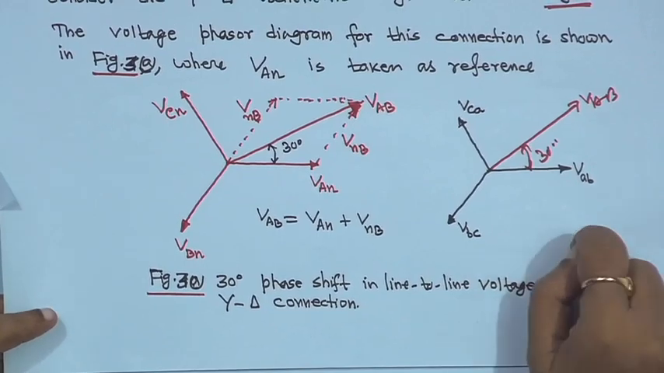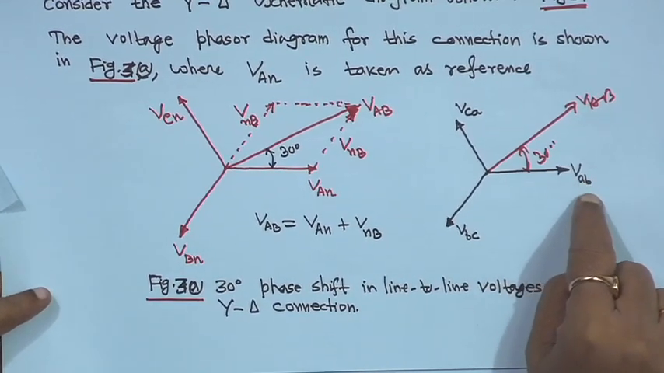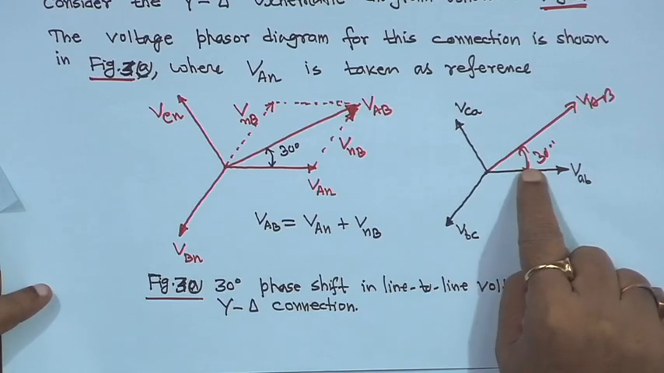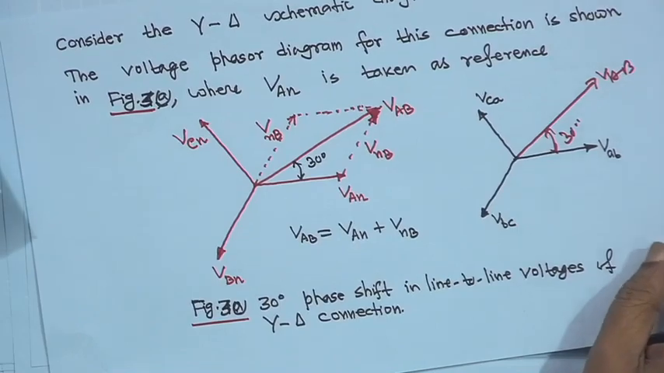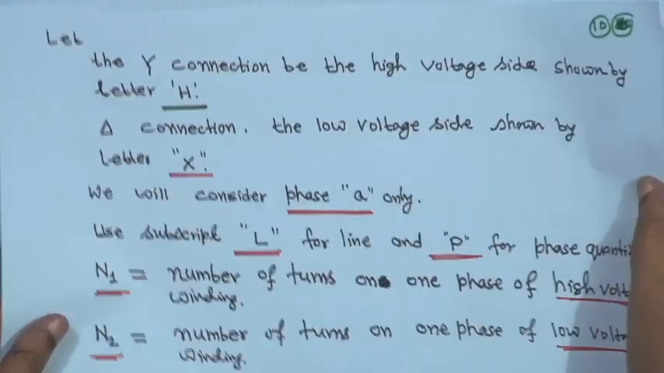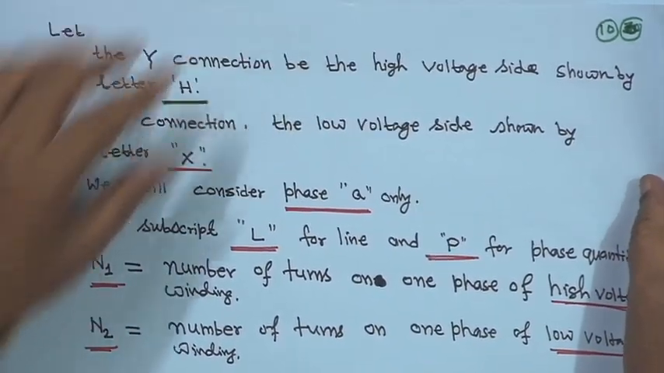So we have seen that the line to line voltage on the star side leads the line to line voltage on the delta side by an angle of 30 degrees. We will come to the power unit slowly. Now, you have to understand this little bit. Look, what we will do,